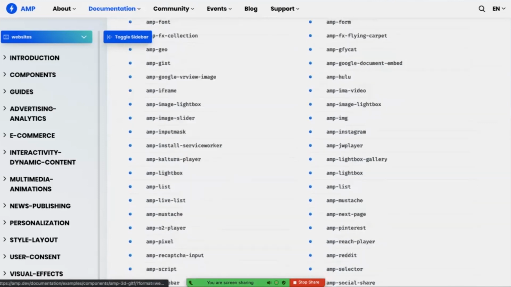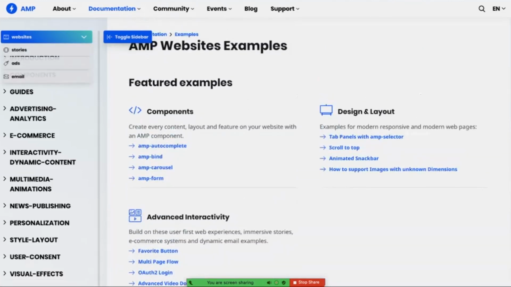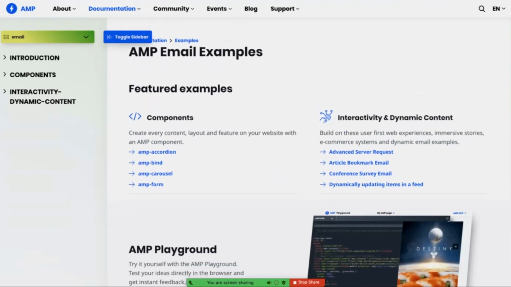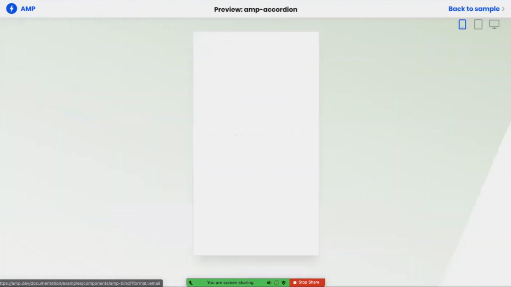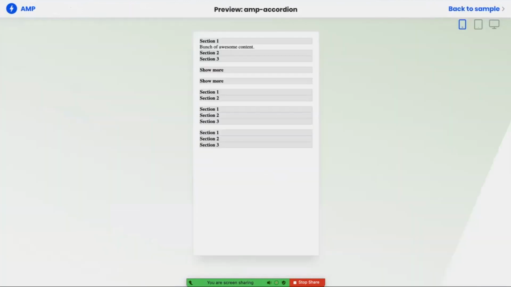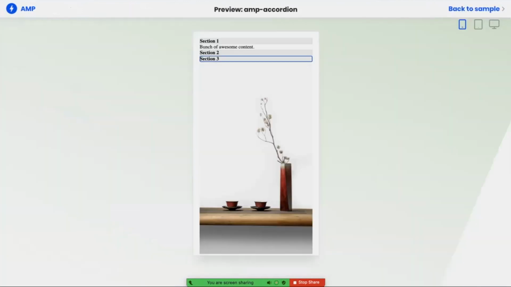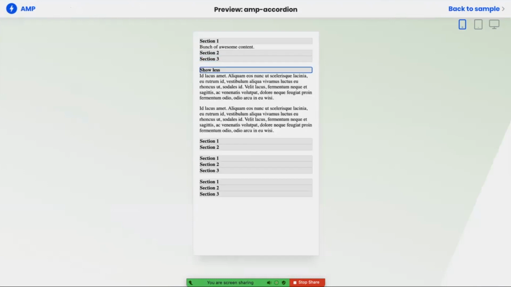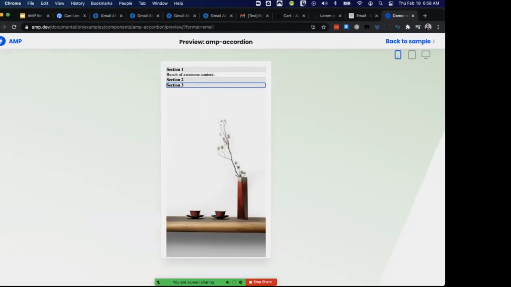Let me switch to email, toggle sidebar, featured examples. So there are lots of examples in here. For example, the AMP accordion effect here. So you can copy and paste that. These aren't specific to Salesforce Marketing Cloud. They can be used in any platform that supports AMP for email.